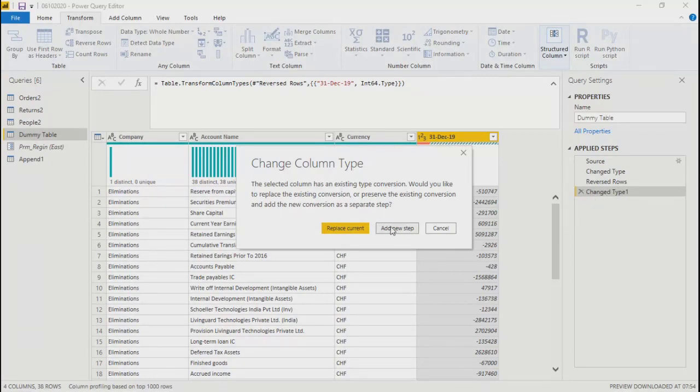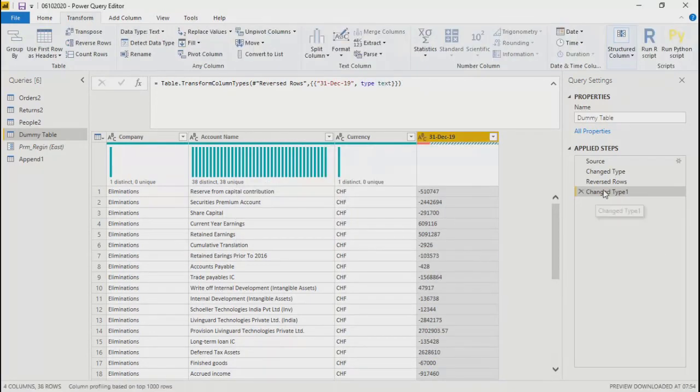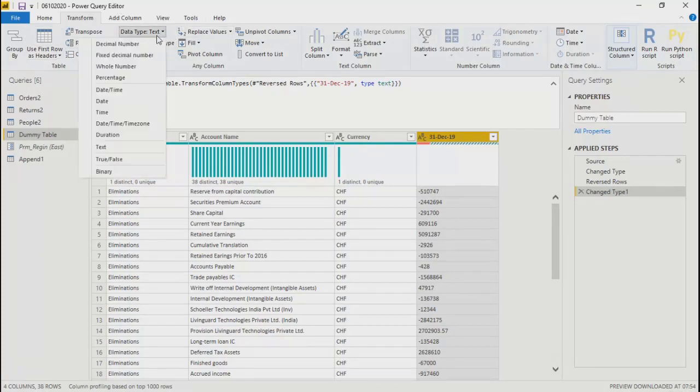But if you do a new step, it will add another step over here, right? Ultimately we want to convert our data, so that's why I'm using replace current every time. If I do so, only this step changes and there is no new step getting added. So I just converted this into text. That is the first one, right?